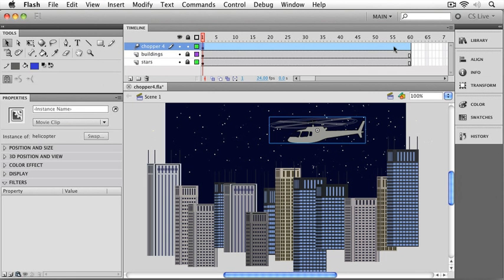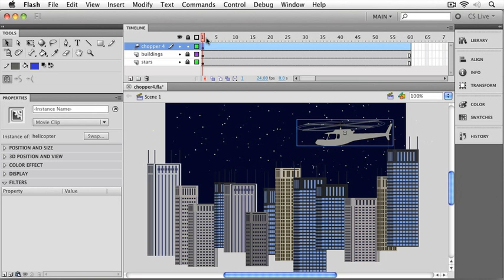Now you can see a motion tween because it turns blue in the timeline. It's very easy to spot. And also, the layer itself changes. Now you won't be able to draw anything into this layer anymore because it's reserved for our motion tween. So far, it's kind of a boring tween because we only have one keyframe. We can move the helicopter around, but all we're doing is changing the start position. Movie clips are pretty easy to work with though because they'll actually create all the rest of the keyframes for you. All you have to do is move the playhead to the time where you want the change to be